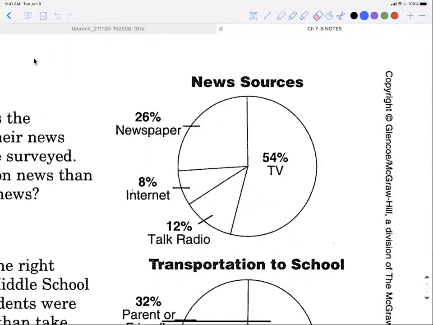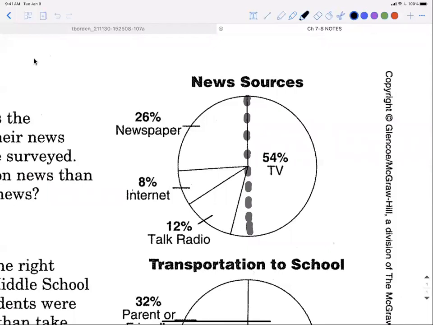So of all the people polled, 54% said they get their news from TV. That's how you read a circle graph. If you come straight down the center, which we'll talk about in a minute, that's about 50%, right? So it makes sense proportionally that 54% would be a little bit past the 50 half mark. You're going to need to use that reasoning in a minute,